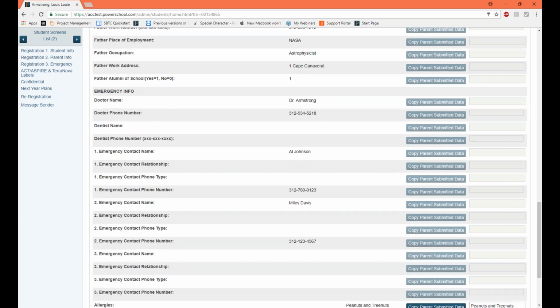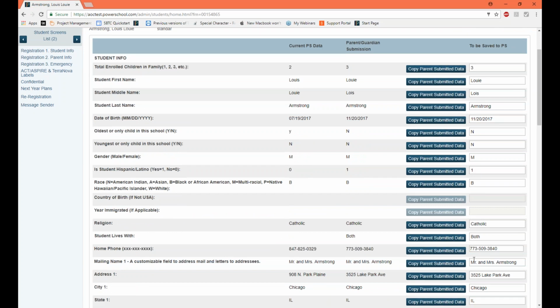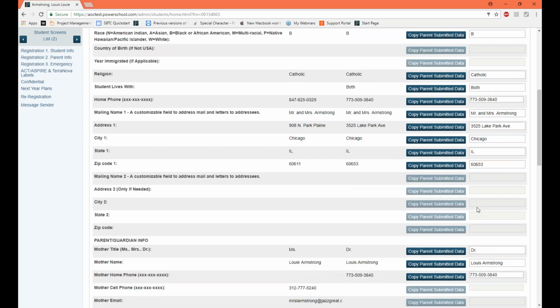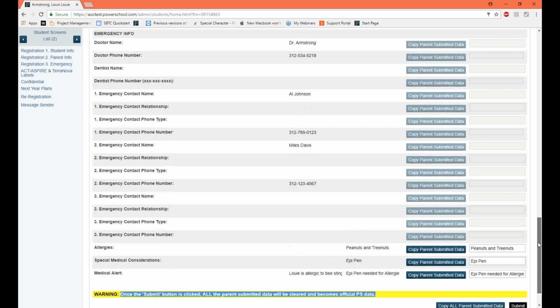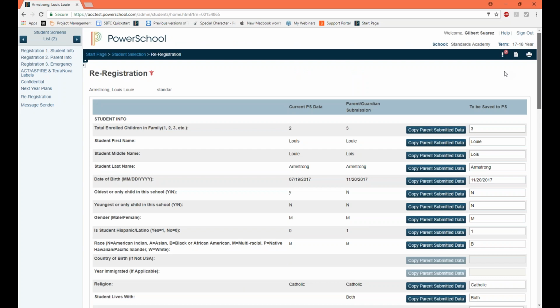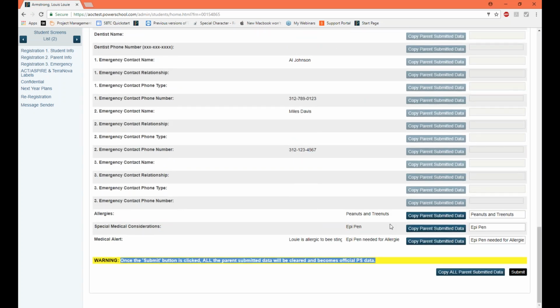And all of that information that's in the far right column will update the data in PowerSchool. So keeping that in mind when you're going through this process is very important, because maybe you don't want to override the current data with re-registration data just yet. Being conscious of when you're going to go through this process is really important, because once I hit submit here, as you'll see,